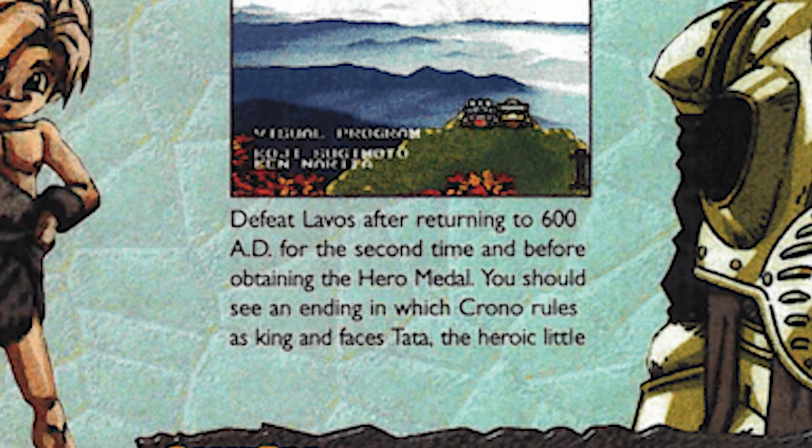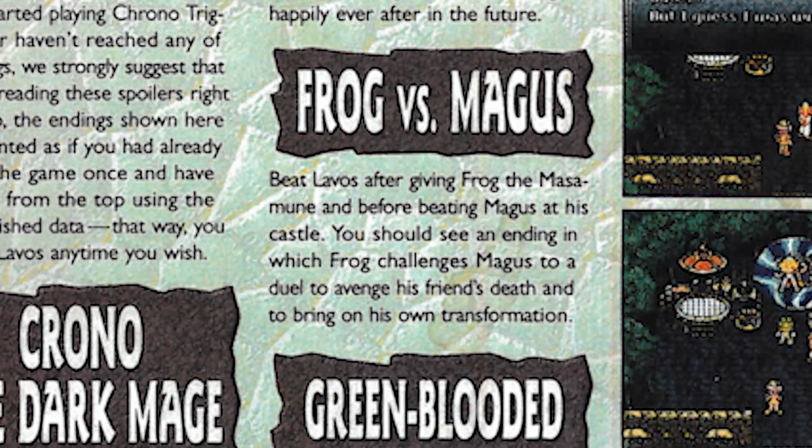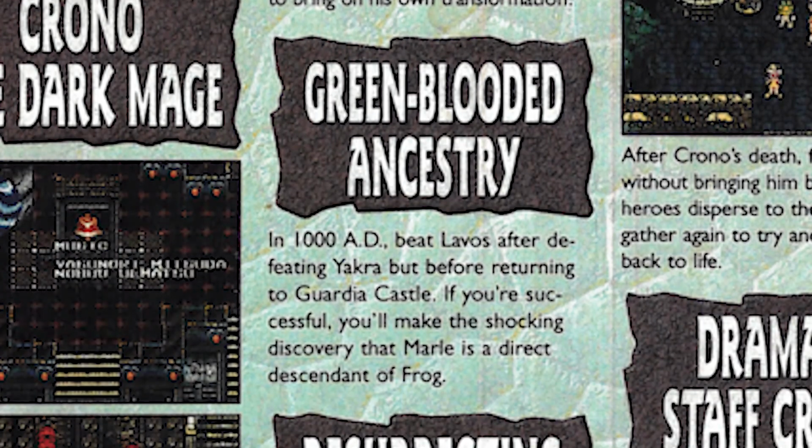But the thing is, this isn't really much of a strategy guide because they're not listed in order of how to get them. So this is actually like some odd amount of endings in before you even are supposed to get that one. Frog versus Magus, which I guess is the next step up, but it's not because there's still endings in between those. Like this one, beat Lavos after getting Frog and the Massamoon, but there's still more endings that you can get in between those. Green-Blooded Ancestry, that one is like the earliest one you can get technically,